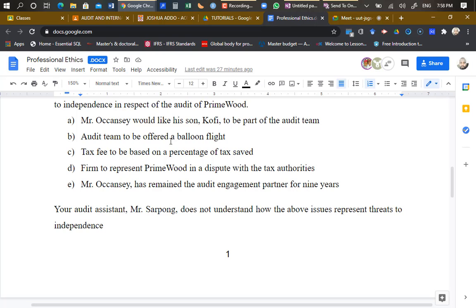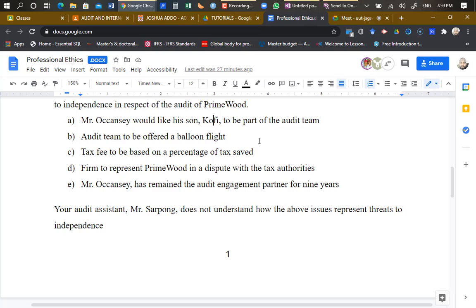Audit team seems to be offered a balloon flight. We just discussed it. Balloon flight, ordinarily, in fact, I've not taken a balloon flight before. Who has taken a balloon flight before? Is it an expensive thing? But it depends. What is not expensive can be made expensive. It depends on the decorations. But the point we are trying to make here is that if the value